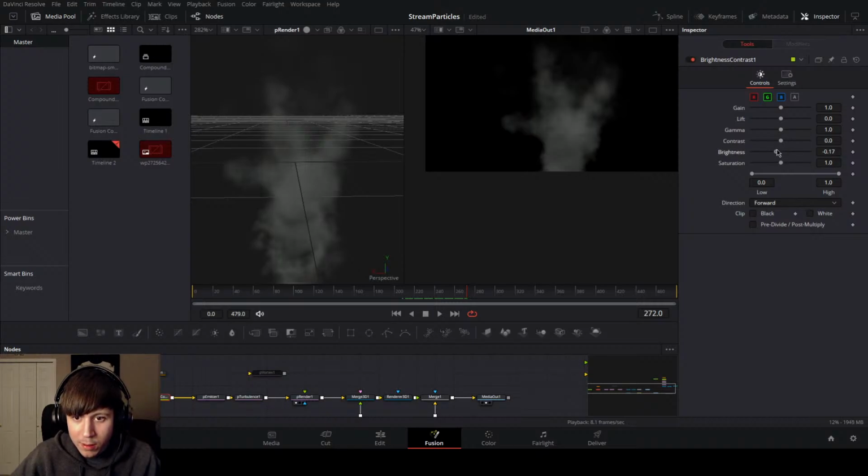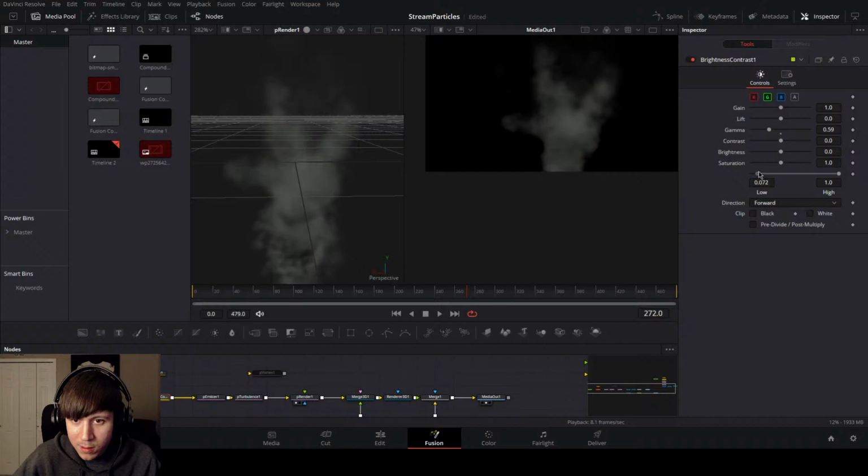Bring down the brightness. Maybe the gamma actually. And the lift. Doesn't really seem to do a whole lot for me,